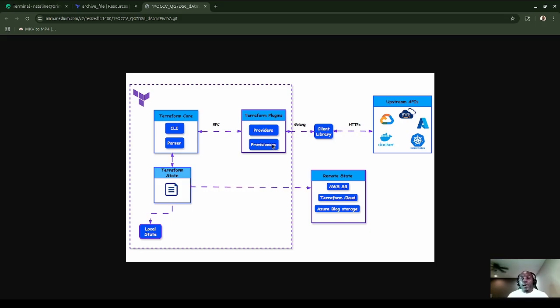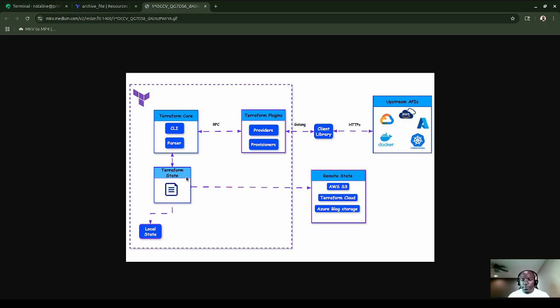Then, according to how you define your code, for the provider and provisioner, Terraform will parse the content of your file, and once the file respects all the Terraform standards, or the HCL, HashiCorp Configuration Language standard,